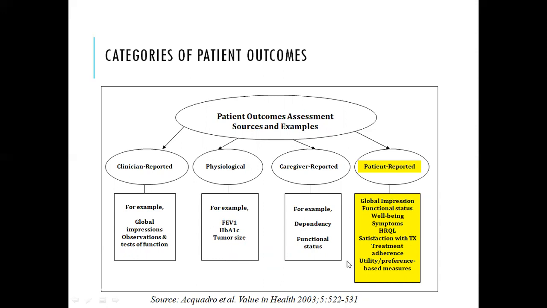The patient reported is given higher priority, and we also have caregiver reported, which is assuming a lot of significance because directly or indirectly a caregiver is always involved with the patient, or the social milieu in which the patient lives is always involved, and that could be one of the components assessed as an outcome measure. The amount of effect it has on caregivers, maybe in terms of dependency or